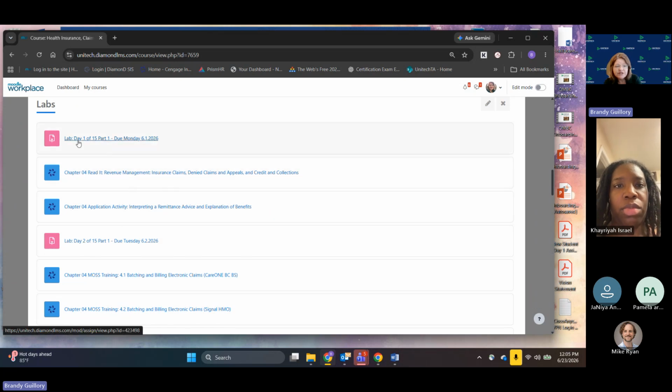All right. And you just work through these 3 little sections. You're going to see one pink section that tells you the title and the due date. If you click in there, it'll tell you to complete these 2 things. Okay. This one is chapter 4, read it. And once everything is set up and you guys are in here, you're going to click on this. All you have to do is click on it, and it's going to take you directly to your chapter once everything is set up and working correctly.